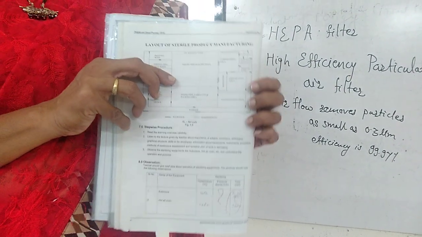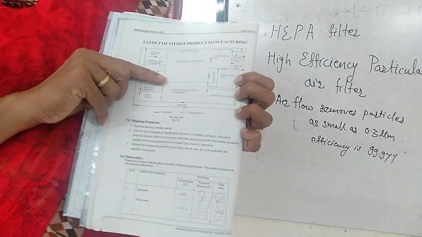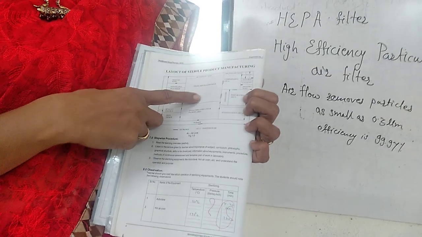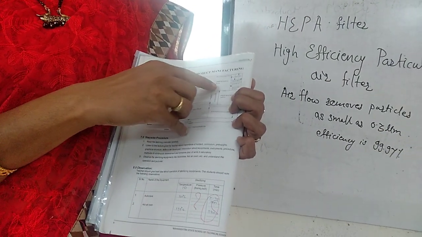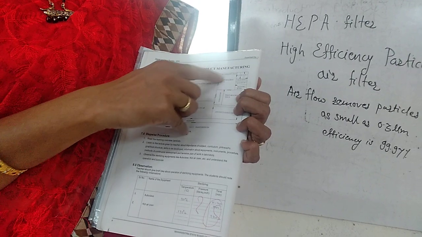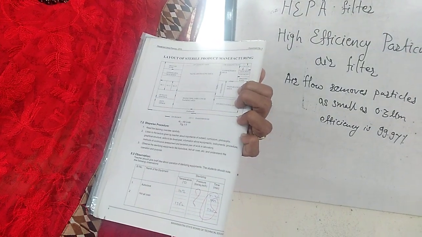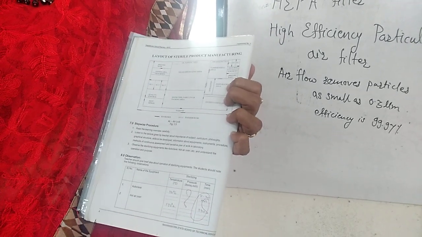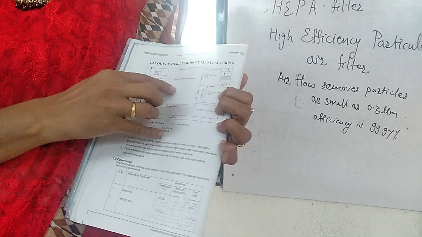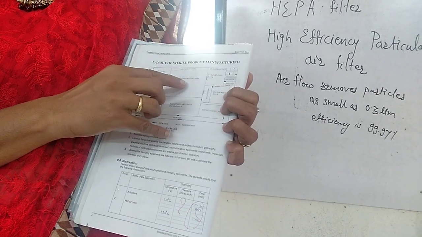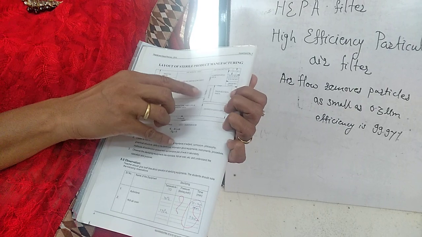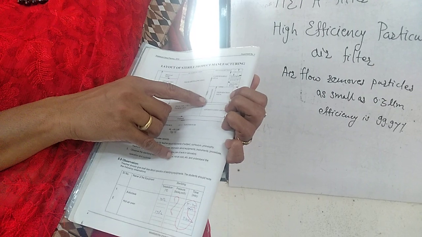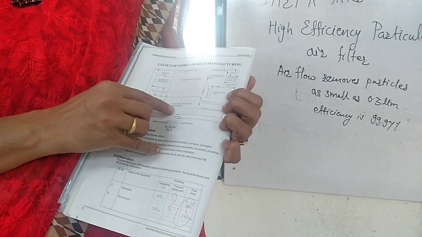Whatever product you have prepared, you have to fill inside the container, and sealing of the container will be carried out. After that, here is the compounding area, where you have to compound. To compound the injection, first you take the raw material and water for injection, dissolve it, and filter it. Then after filtration, filling and sealing will be carried out. After filling and sealing, you have to sterilize it inside the autoclave. After that, inspection and labeling.